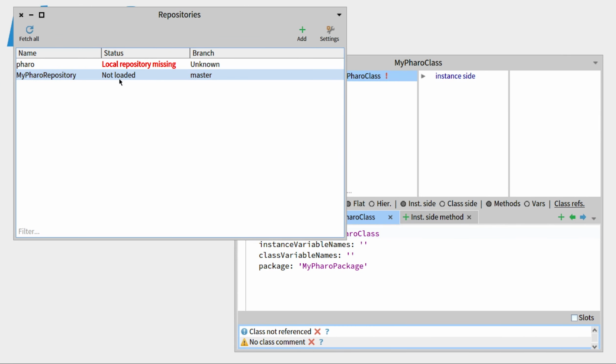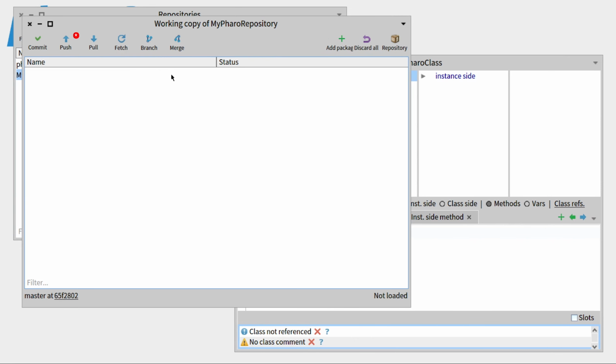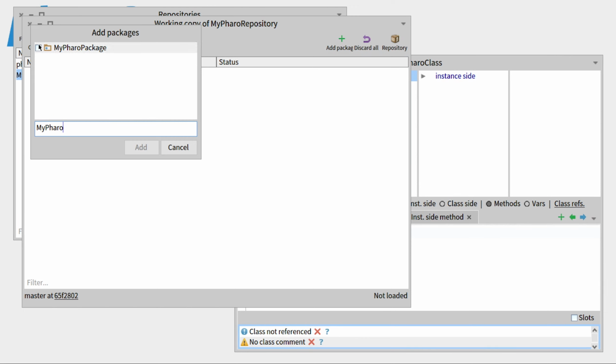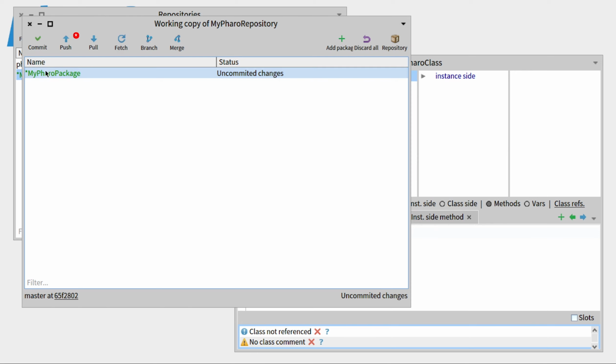We can go over to our repository, double click on it, and this time we'd like to add a package to this repository. So go to add package, select my Pharo package, click on add. You can see that it's still green with a small star on the left, so this means that there are some changes that we have to either save or discard, and in this case we'd like to commit them.